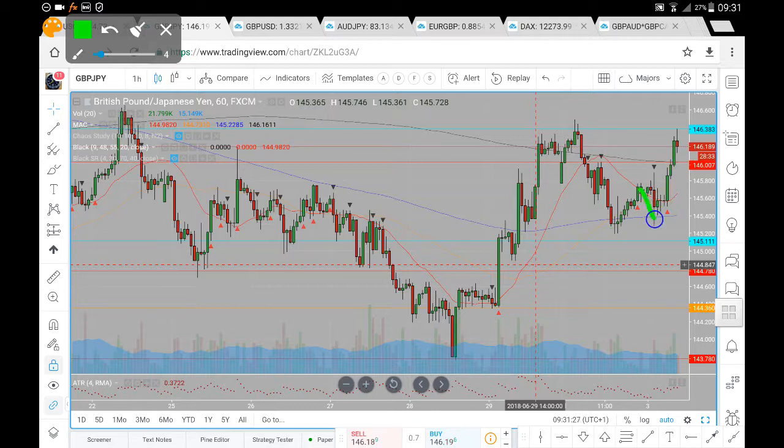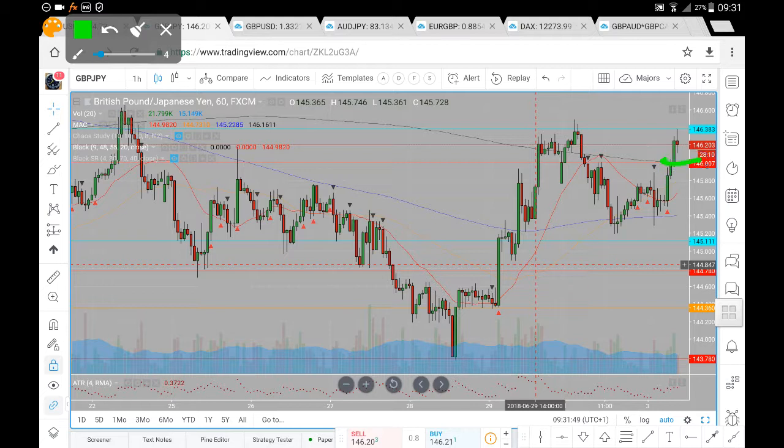And what we did see was from this 200 period moving average support, we've seen this move to the upside, take us beyond the 146 for another test of that 146.38, from which we do appear to be rejecting at the moment. So if we do see this sell side momentum continue to the downside from this 146.38, we're looking for a move down towards that 146. With the added confluence of the 400 period moving average,